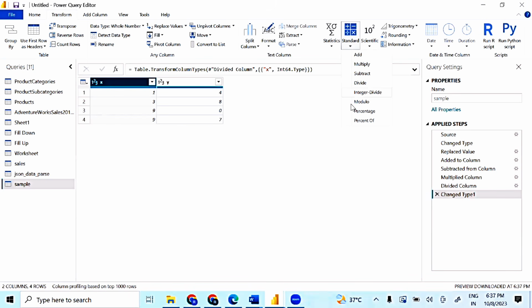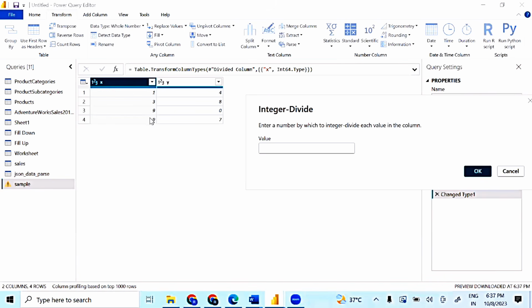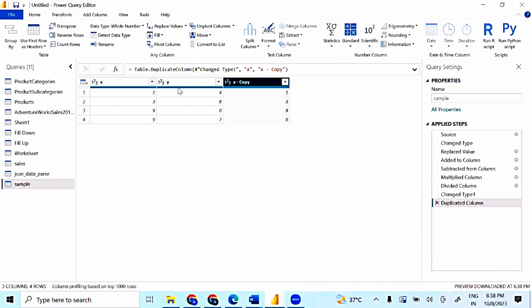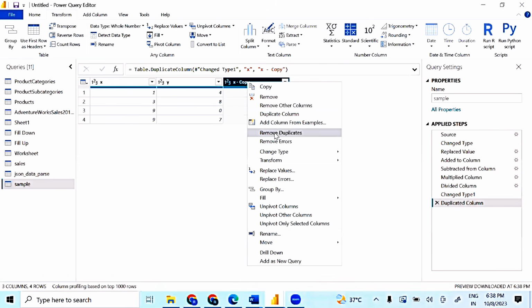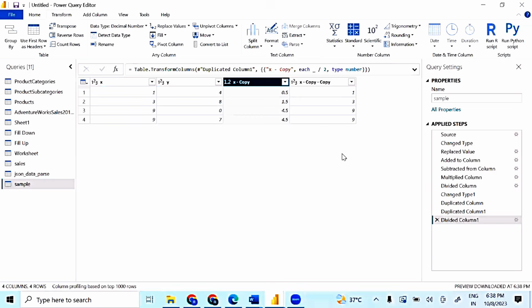Okay. Now let us go to standard, and right now I will do the integer division. Integer division in the sense like I will divide everything by 2. Okay, and then you can see the thing. I will create a duplicate of it so that you can clearly understand it. On this one I will simply implement the division by 2. So it is giving me 0.5, 1.5. Why? Because 1 divided by 2 is 0.5, 3 divided by 2 is 1.5, 9 divided by 2 is 4.5,